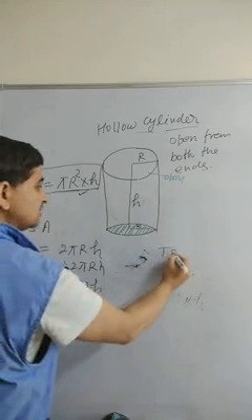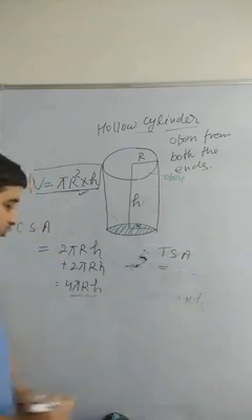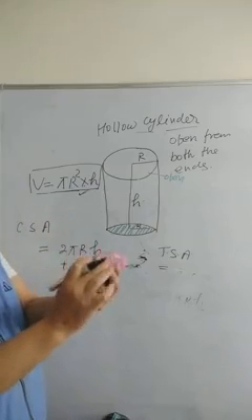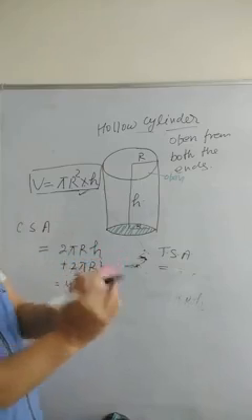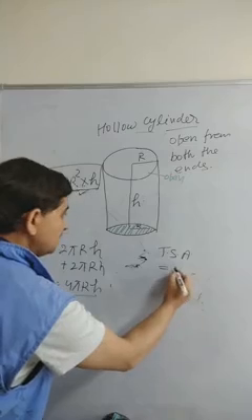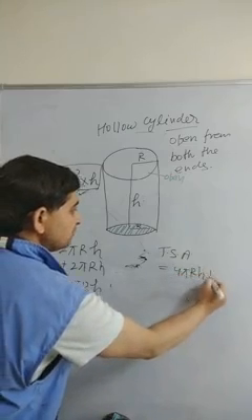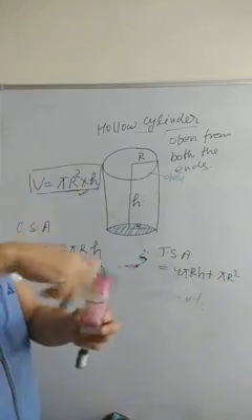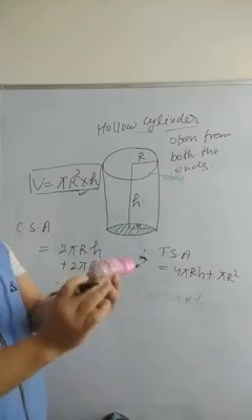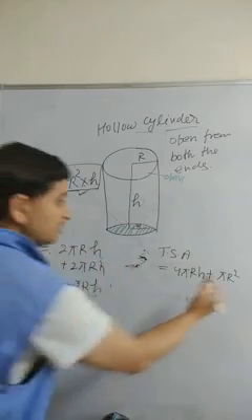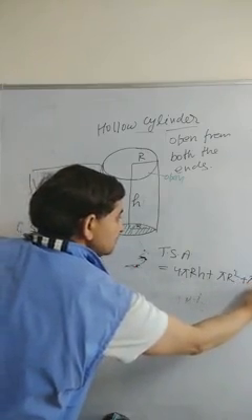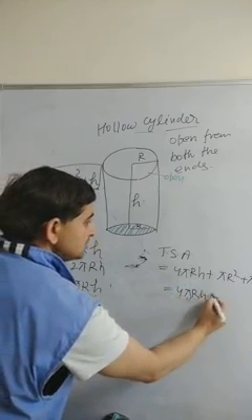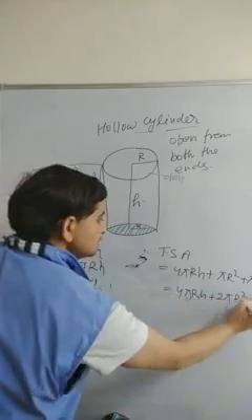But if it is asked the total surface area, from outside and inside you will paint, but you will paint this part also. This is circular, pi r square. So it will be 4 pi RH plus pi r square. You will paint it from outside also, and from inside also, because you can paint here and from inside. So there will be one more circular part from inside, pi r square. So how much will it be? 4 pi RH plus 2 pi r square.